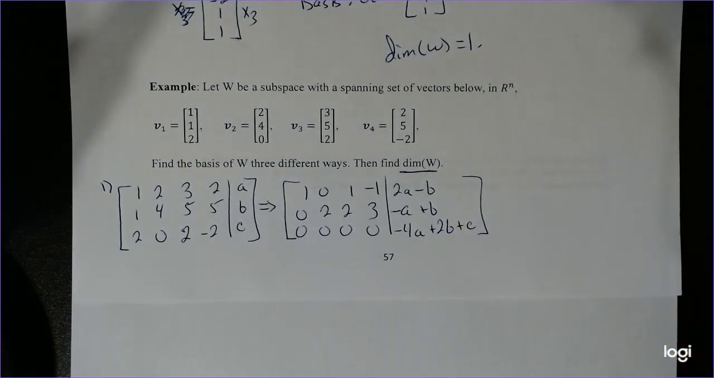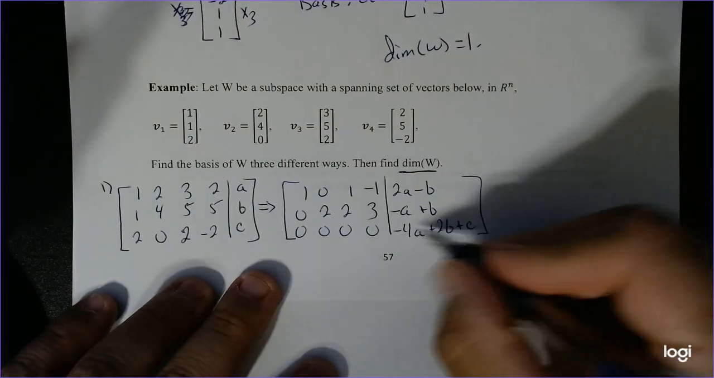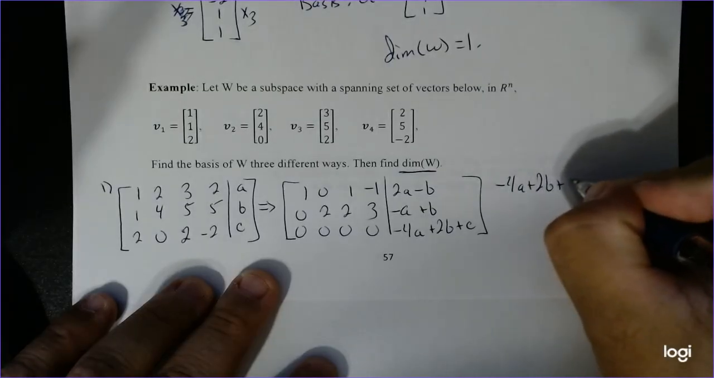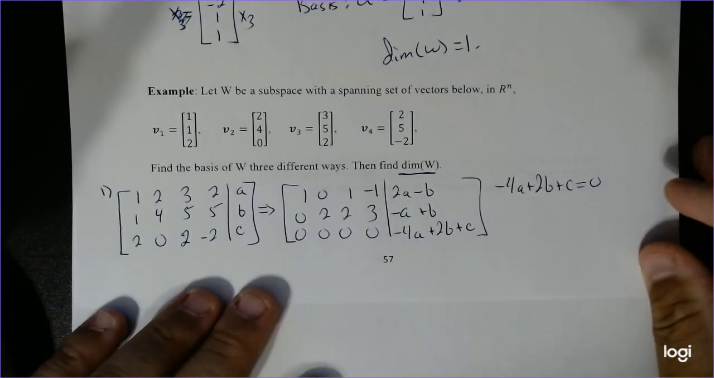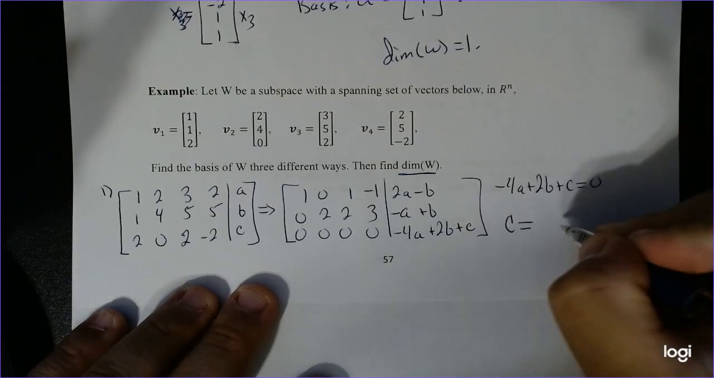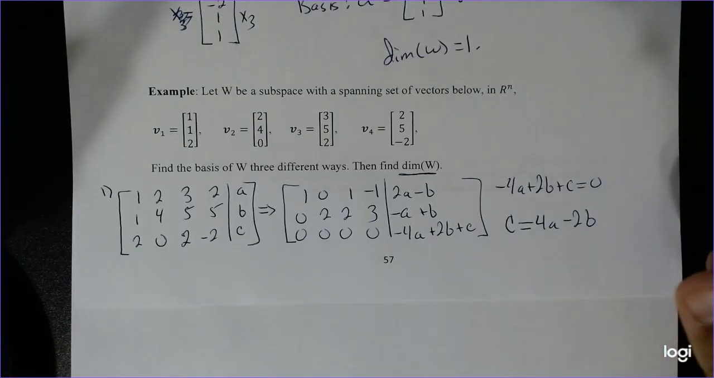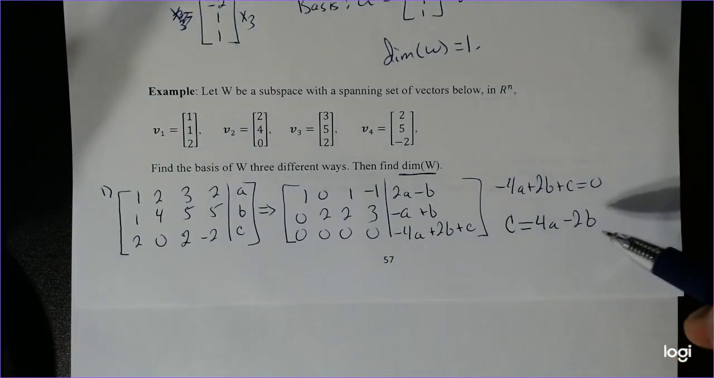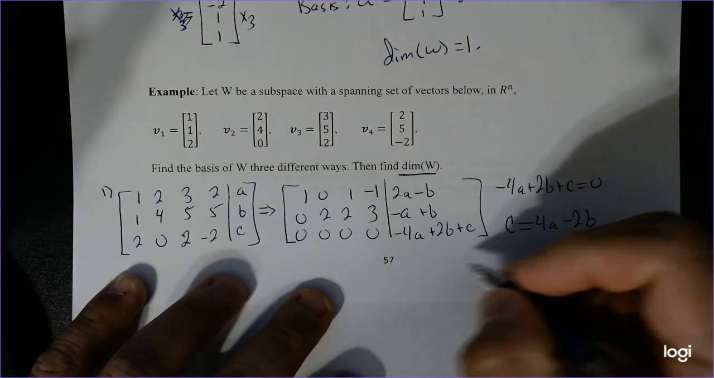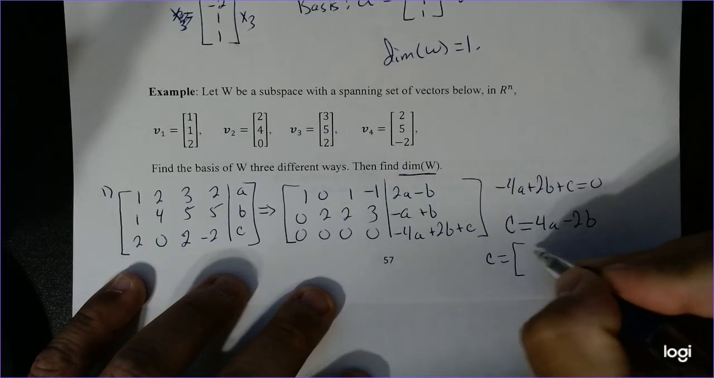Let me get that. Okay. So therefore, this only has a solution when this is equal to 0. Or if I just want to solve for one of these letters, C is defined to be equal to 4A minus 2B. Okay, so that means I have two arbitrary values. So if I want to rewrite this, C can be written as